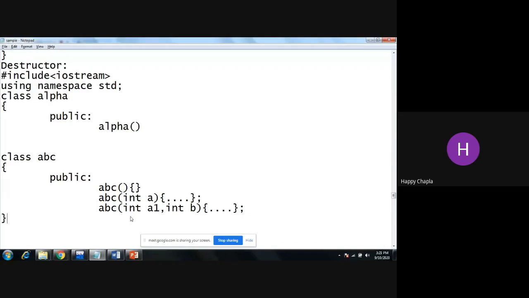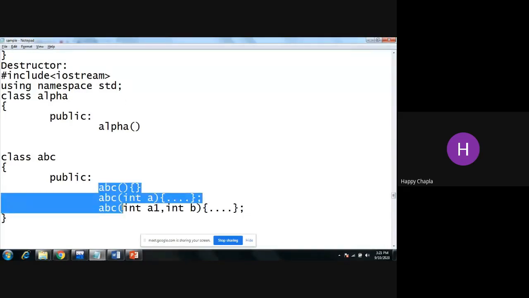How can we decide it? You can say it is the same name with a different parameter list.